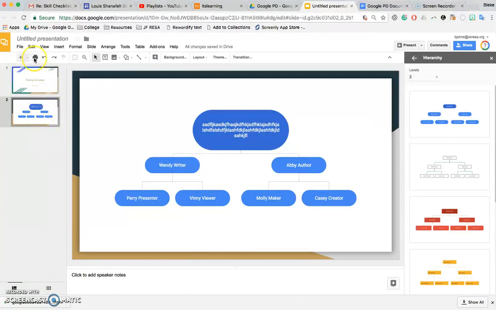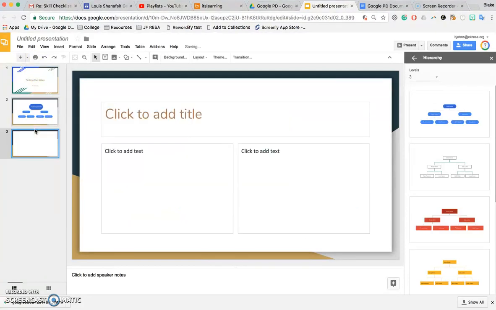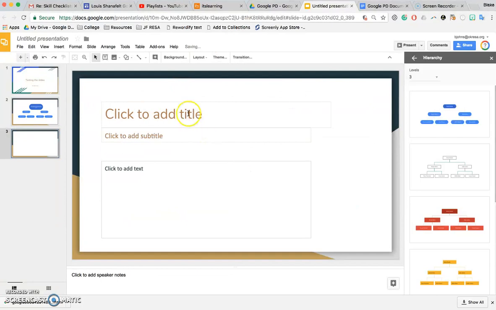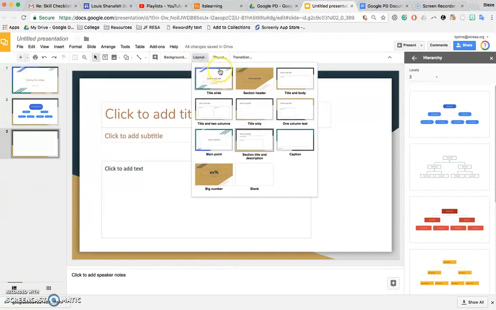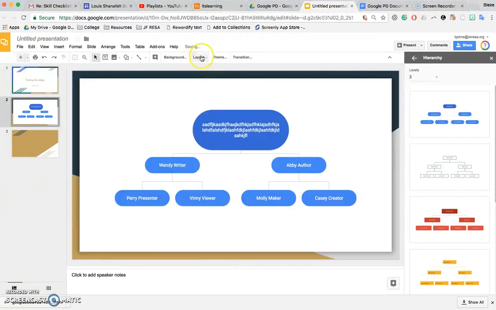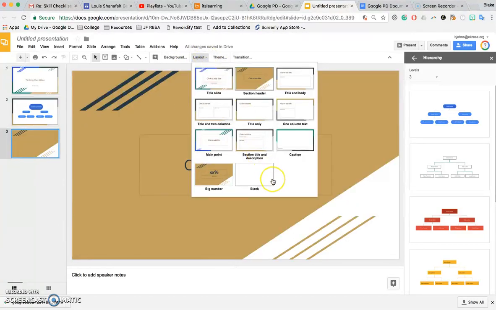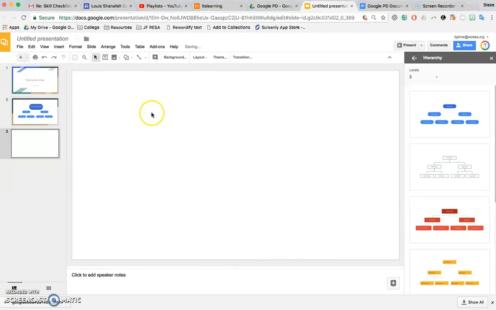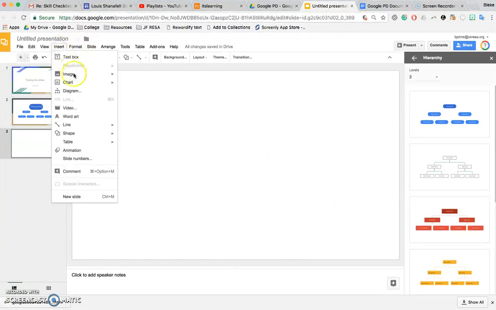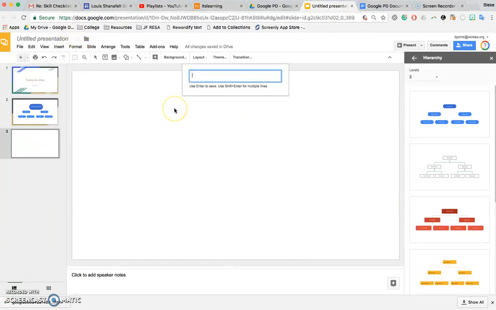So I'm going to insert a new slide. To do that, it is Control M, and it inserts a new slide. I can change layout to be just anything that I really want it to be, depending on what I'm trying to do. So it just really depends on what you're trying to do. So I'm going to insert a completely blank slide, and here I'm going to actually this time insert some word art. So I'm going to start typing,